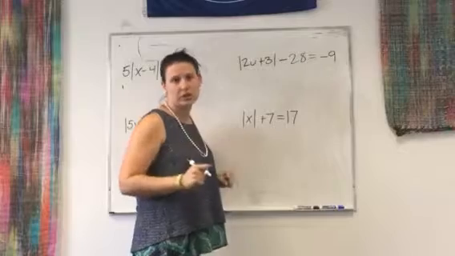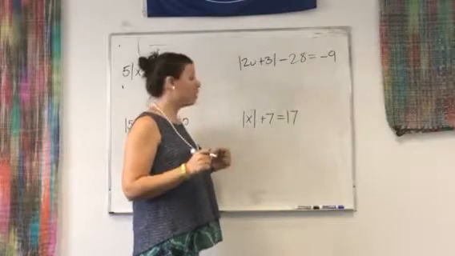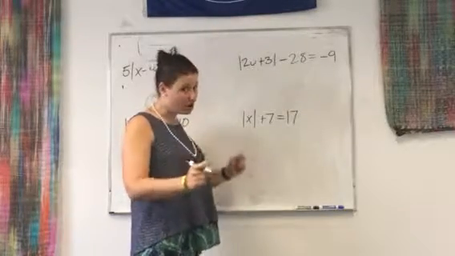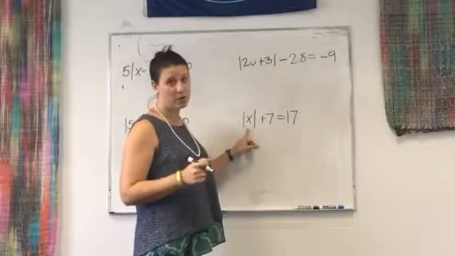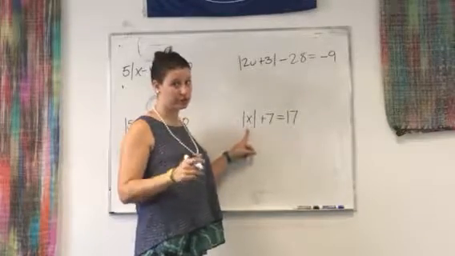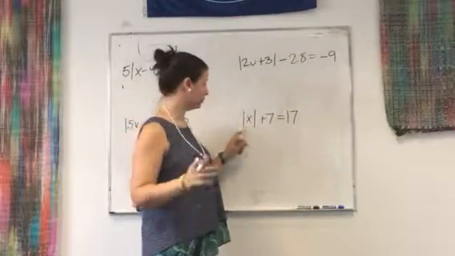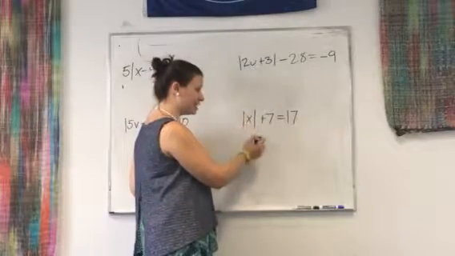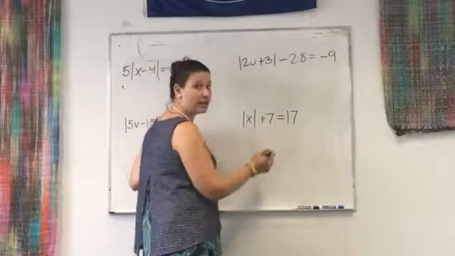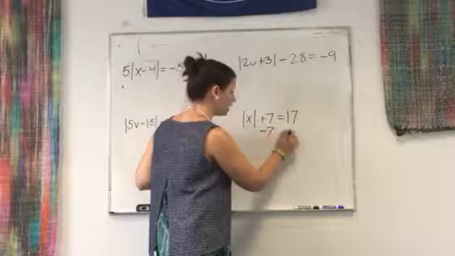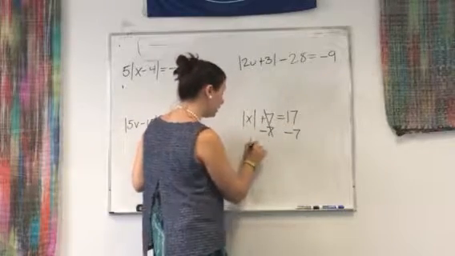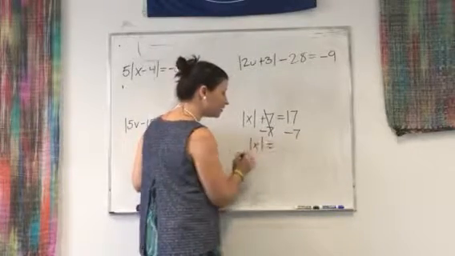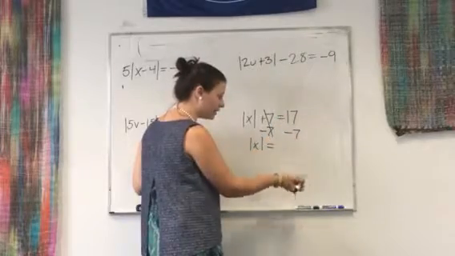First thing we should know about absolute value equations is we always have to get the absolute value on its own first. That's always the first thing we need to do. So the first thing here is we need to subtract the 7 to the other side. So subtract 7 from both sides, and we have the absolute value of x is equal to 17 minus 7